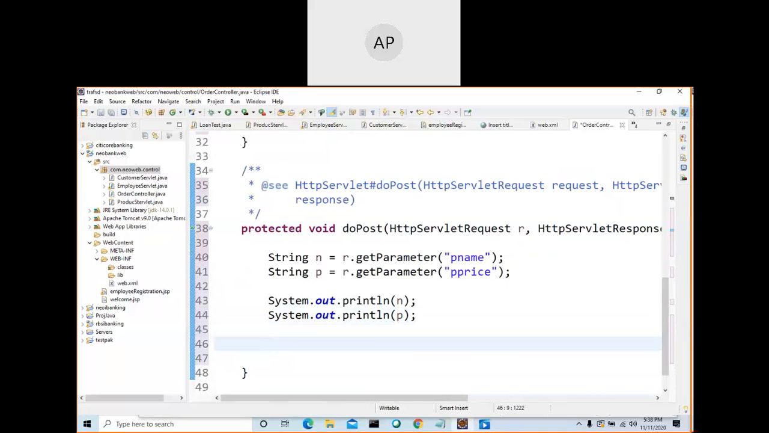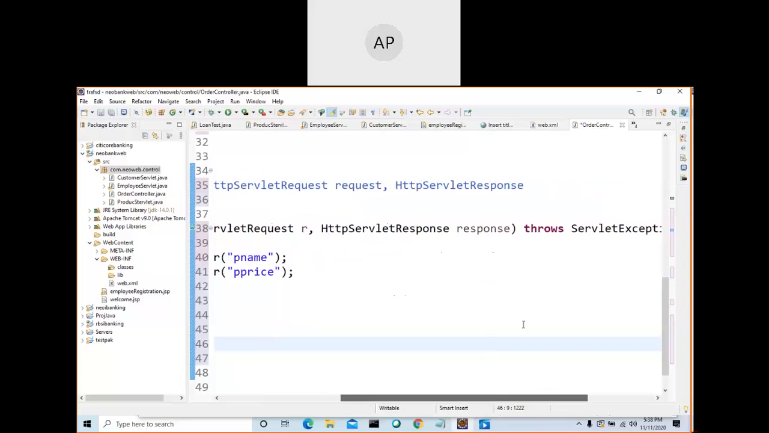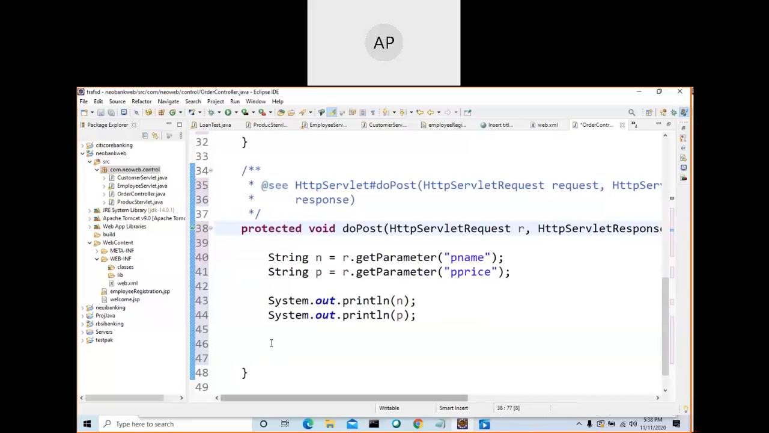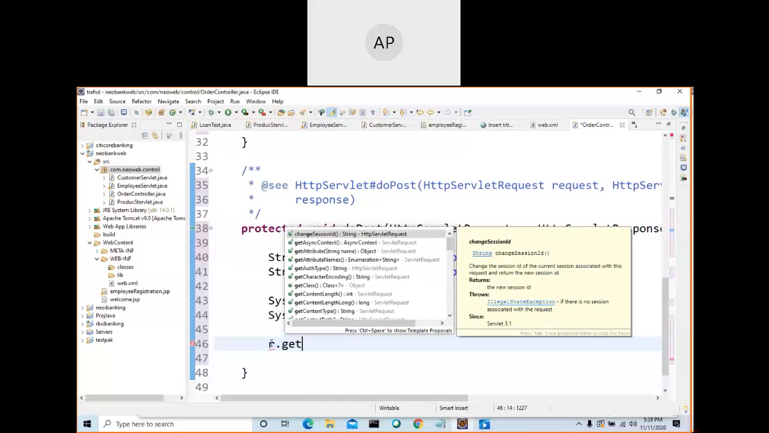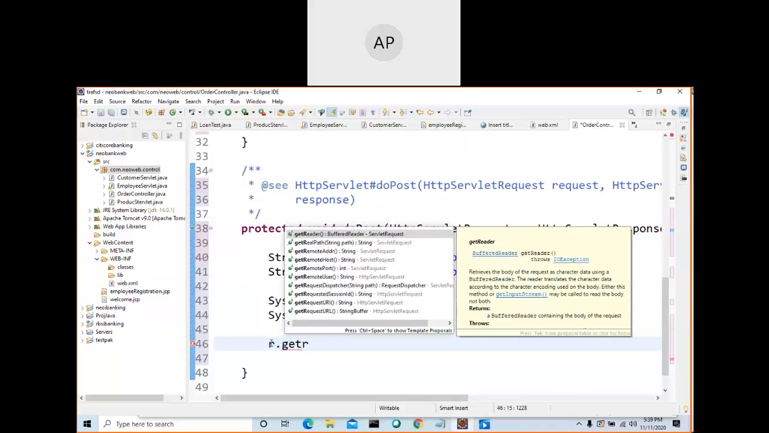Send to the browser that order created successfully. So how will you send the response to the browser? Either you write into the response, like how we wrote here, or else use JSP to send the response. Use JSP. So now request.get